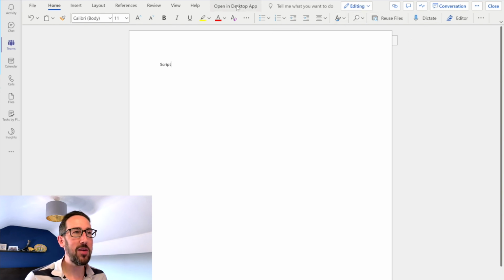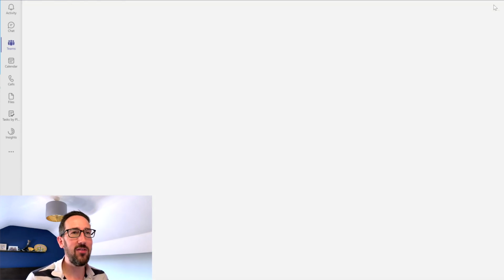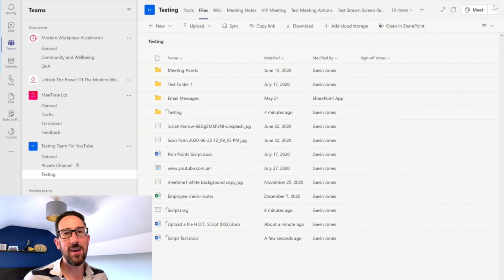You can always jump out into the desktop app by clicking open in desktop app, but whatever we type here, whether we open it in the desktop app or just use this online version which is shown right in Teams, it's going to be saving every time we look to save it. It's got co-authoring turned on by default, so anyone can go into that file and type at the same time as we're typing, and we can see everything that's going on. And then if we just close that, it's going to be automatically saved. We know it's in the right location, and it saves us all that hassle about where to save it,